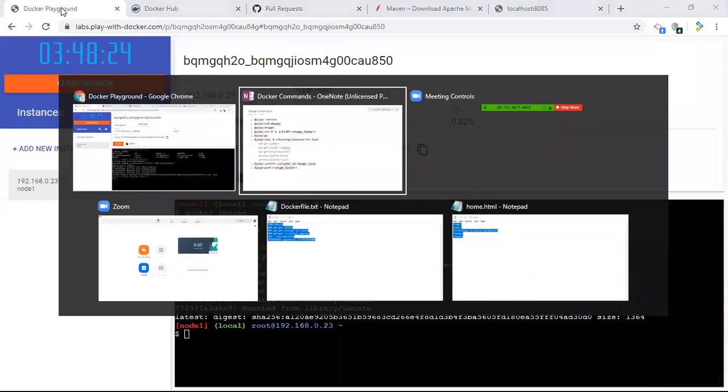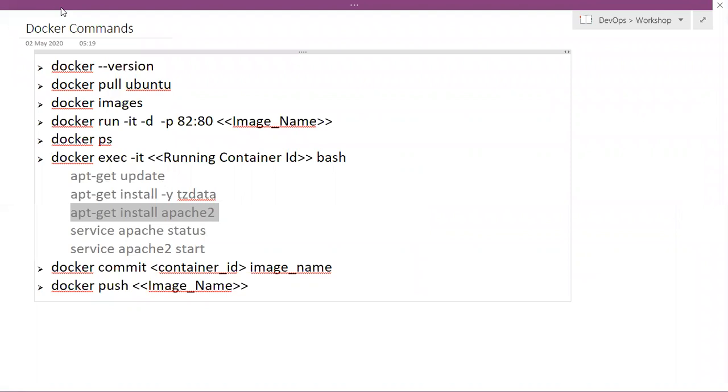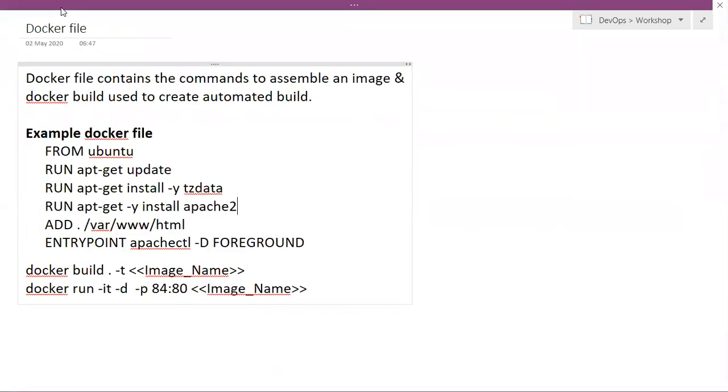Now we learned how to take the image from Docker Hub, how to run it and execute inside it, how we can install Apache inside that, and how we can commit and push. Next we are going to learn about the Dockerfile. Running these commands, like taking Ubuntu and running a Tomcat instance, one by one manually is fine, but in a production environment nobody will execute single commands one by one. It is time consuming and manual errors can happen. To avoid that, Docker provides one more feature, the Dockerfile.